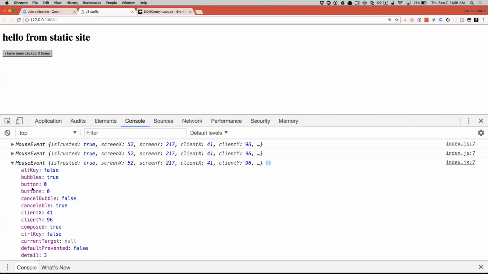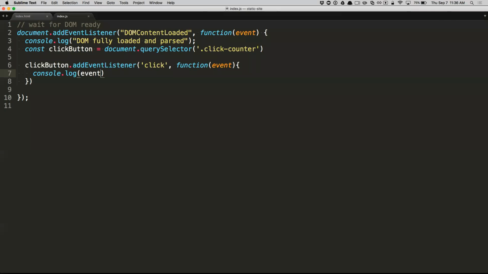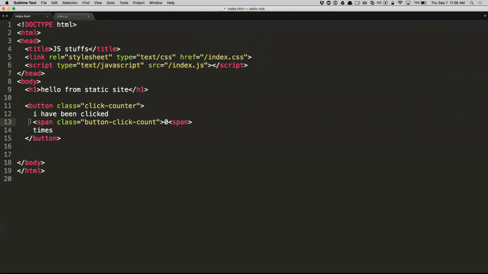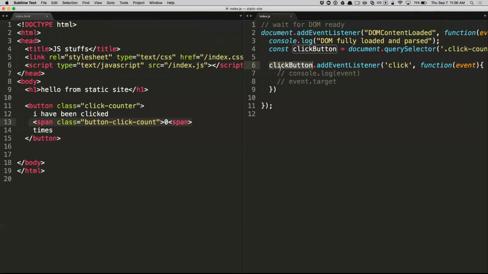One of the most important things in the event would be the event.target, which references the element that was clicked on. You might want that. But here we just need to know when this button was clicked on. And then we're going to use some DOM manipulation to increment this span. So let's look at this side by side. Someone clicks on